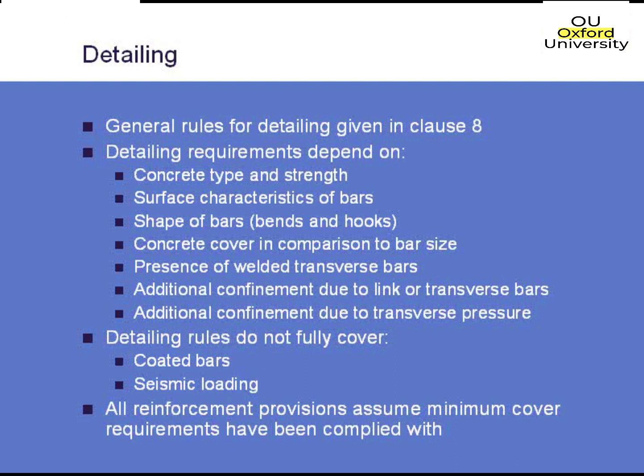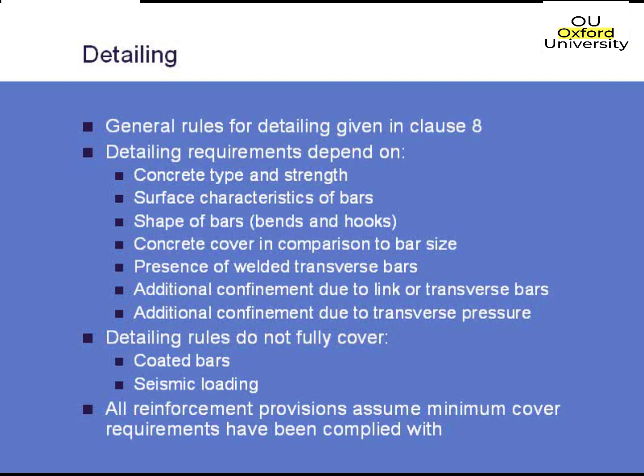It will also depend on the concrete cover compared to the bar size that you're dealing with, if you've got any welded transverse bars, any additional confinement due to links or additional transverse bars, and any additional confinement due to transverse pressure. What that means is you have something like a bearing underneath that's providing pressure local to where your reinforcement is,